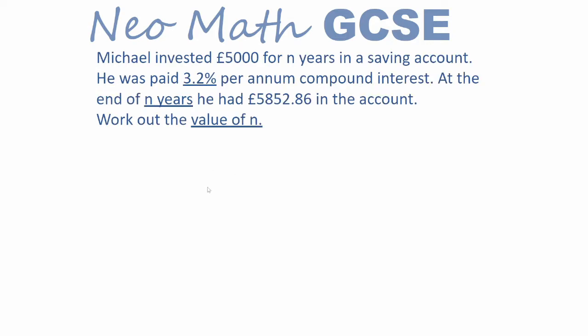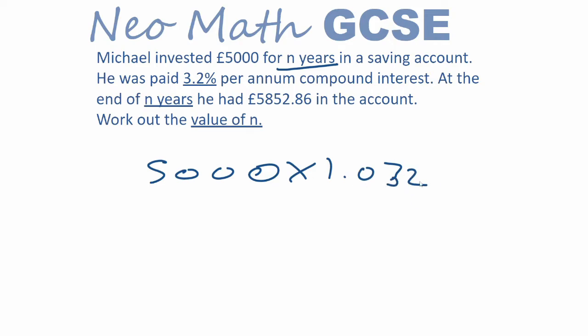Let's move on to the next question. This is slightly different, as here it appears we are looking for the amount of years that the money's been in the savings account, as it's saying n years and work out the value of n. So we have £5,000, and from the looks of things we're going to have to do a bit of trial and error here. So 5,000 times 1.032, as that's a percentage increase, to the power of n